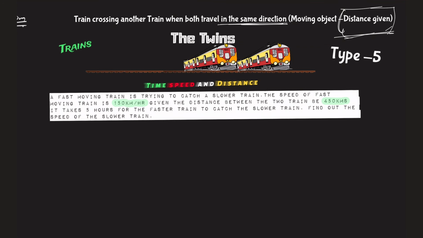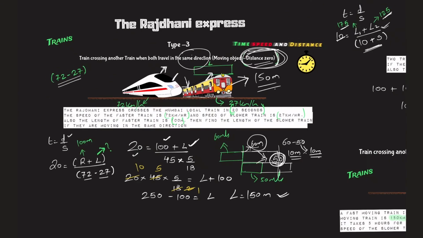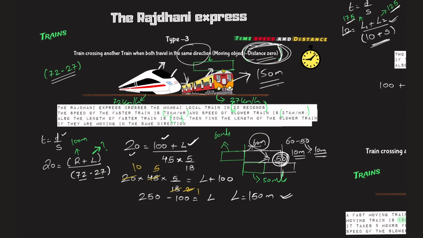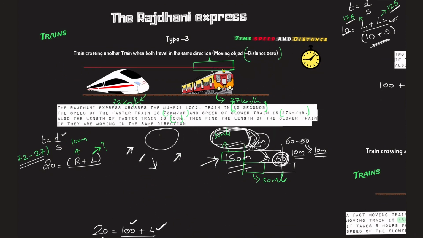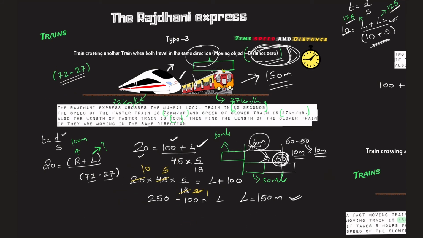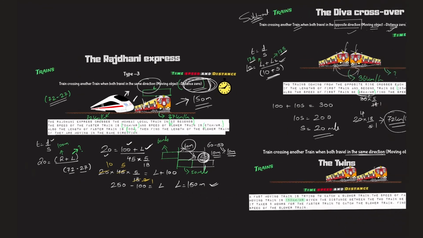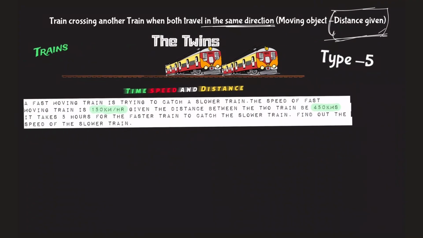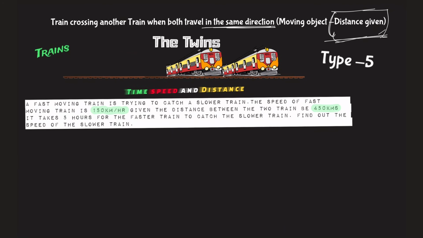It means you will have to come to type 3 and stop. Right, Rajdhani Express was somewhere else, let's keep it here, it just came and just caught it here, and this is where you have to stop thinking. So make sure you know what you are supposed to find in this. When will the first train catch the other train is the only question here. For a crossover you would also need the lengths of the two trains, which will not be given to you in such a problem. So obviously then it's a type 5. You're just being asked when will the first train catch the other train and not cross over. So remember this, catch and crossover.